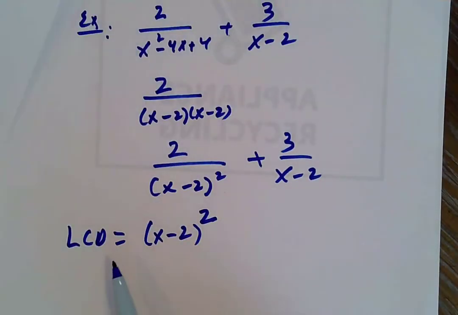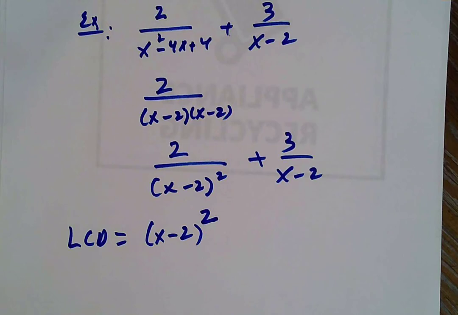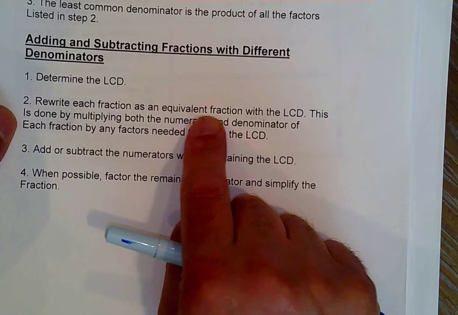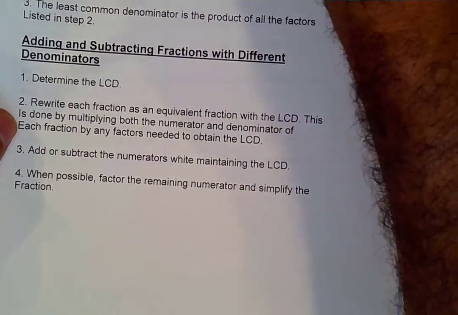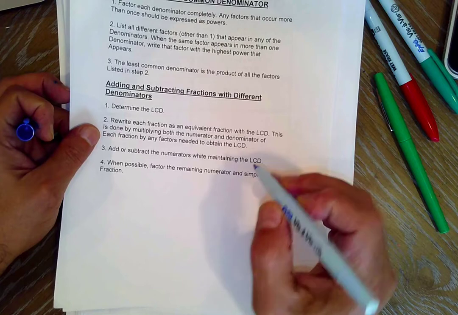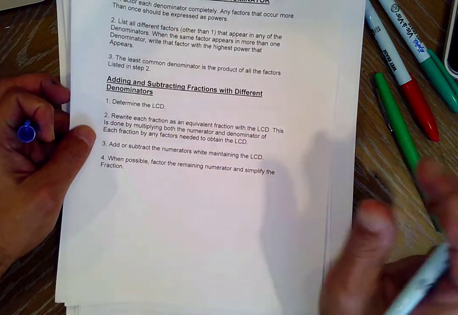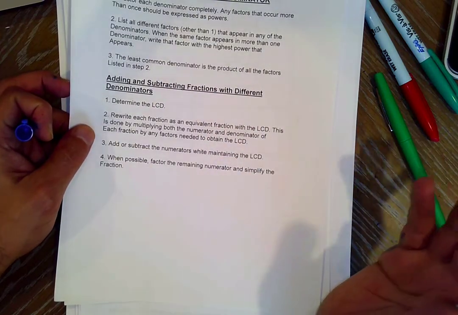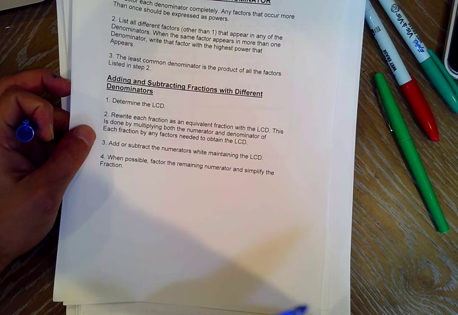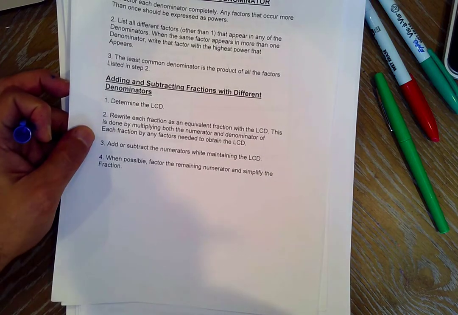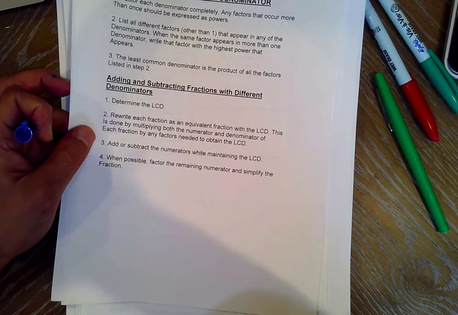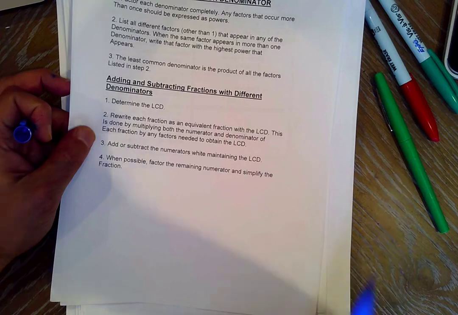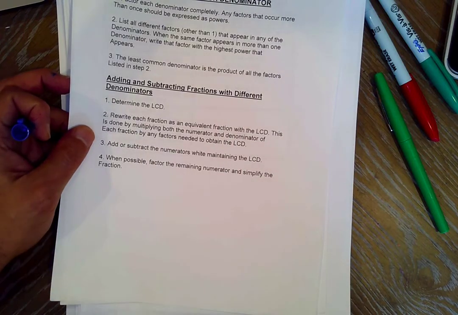And the least common denominator is the product of all these. That's finding the LCD. After you find the LCD, then you want to build each fraction into an equivalent fraction with the LCD as its new denominator. Then once you have the same denominator, you add or subtract the numerators and maintain the LCD, and then you can simplify. So find the LCD by factoring all the denominators, and then include in the LCD each factor, whether it's common or not. And if the factor shows up more than once, you pick the one with the highest power. Okay,